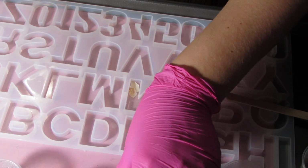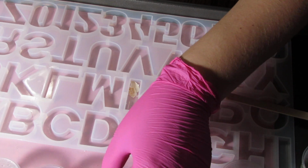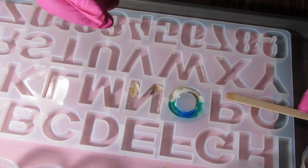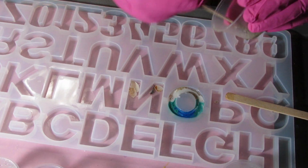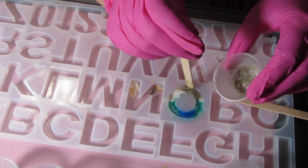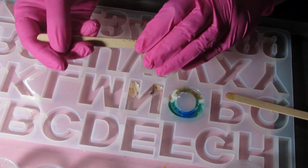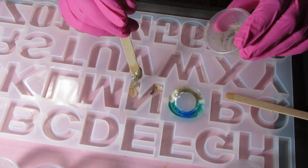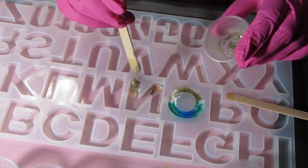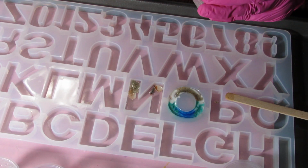And I'm gonna take some of the resin sand that I have. These are not staying up. And I'm gonna actually put another dollop of the sand on the bottom. And I'm actually going to do that to the bottom of the N as well. That's been sitting here for a little bit. I'm not going to push it along too much, because I don't want the